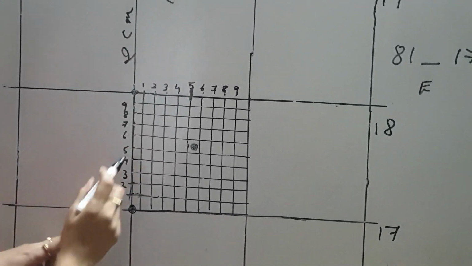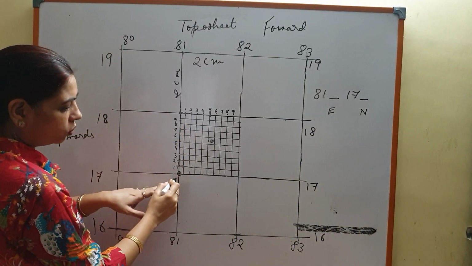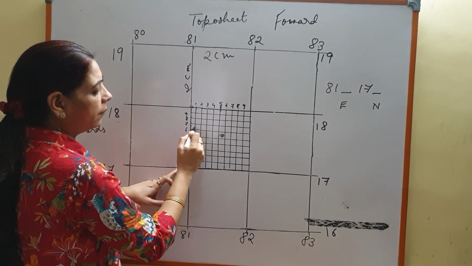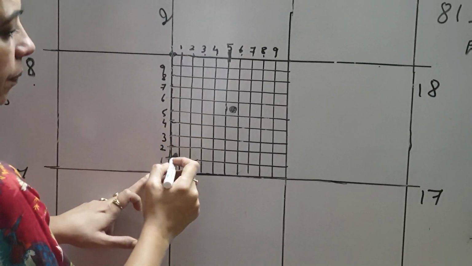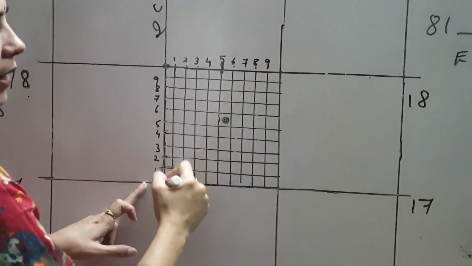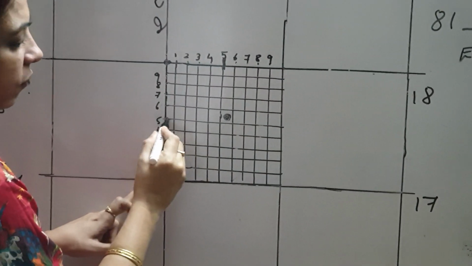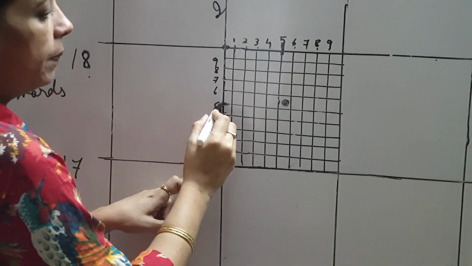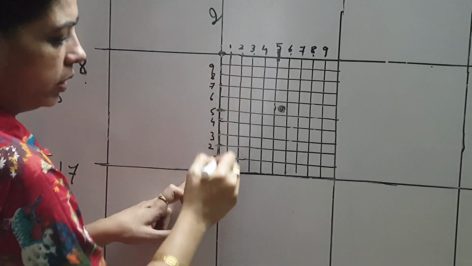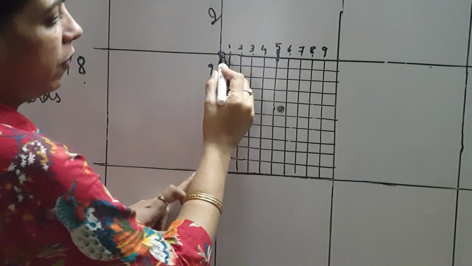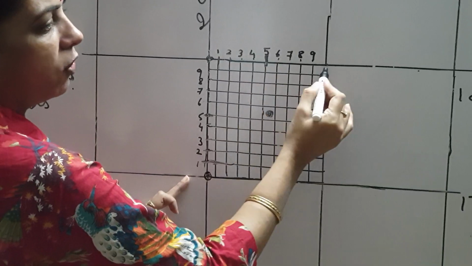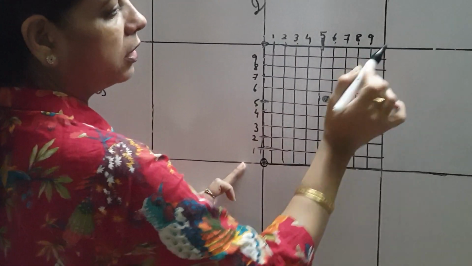Okay. Now, this is the easting line. So we are going to divide this easting into 10 equal parts. Your topo sheet grid is of 2 centimeter, both the sides. It's a perfect square. The length and the breadth 2 centimeter. So the midpoint will be 1 centimeter from here to here, and then from here to here another 1 centimeter. So it is a 2 centimeter line. Same way, on this side from here to here the midpoint will be 1 centimeter, and then from here to here will be another centimeter. So a 2 centimeter line.